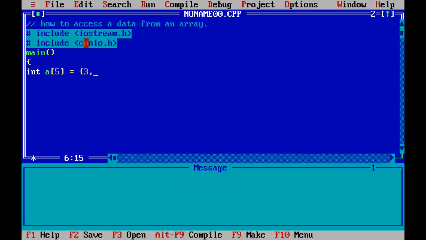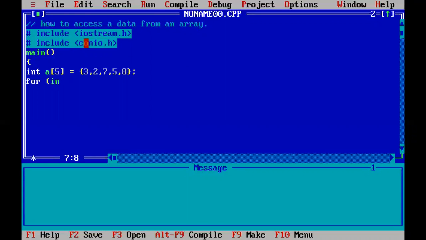Any values we can give to our program, like this one. So now we are using